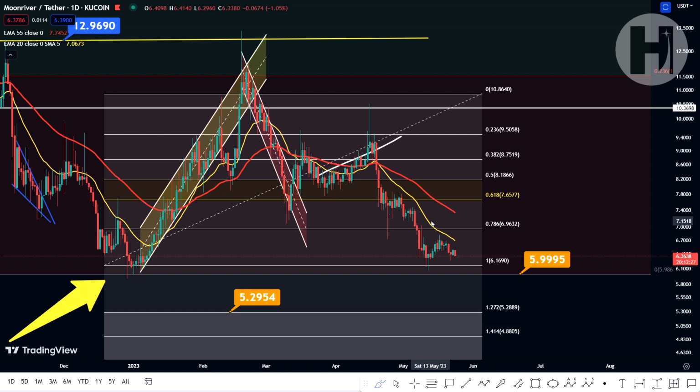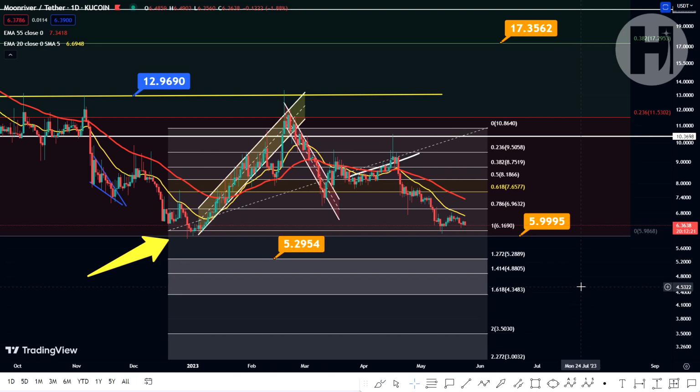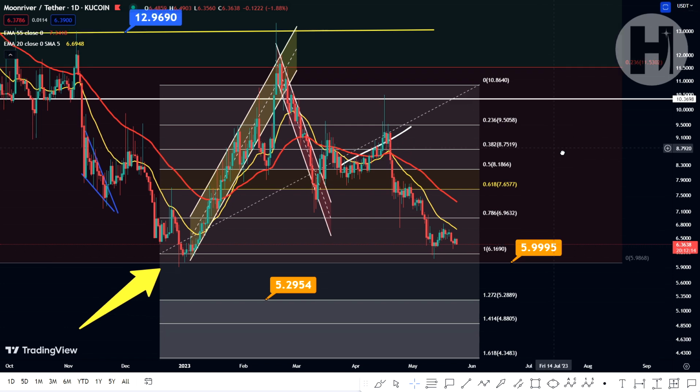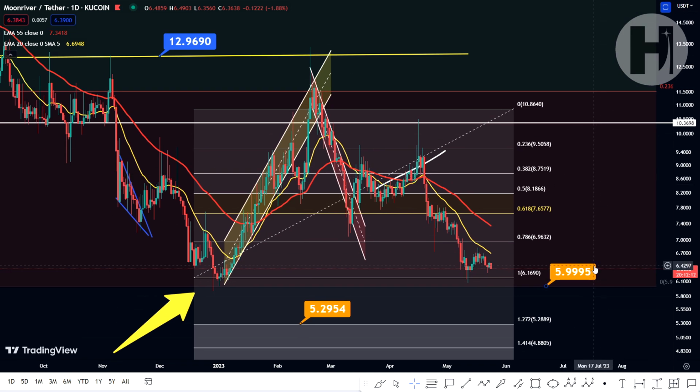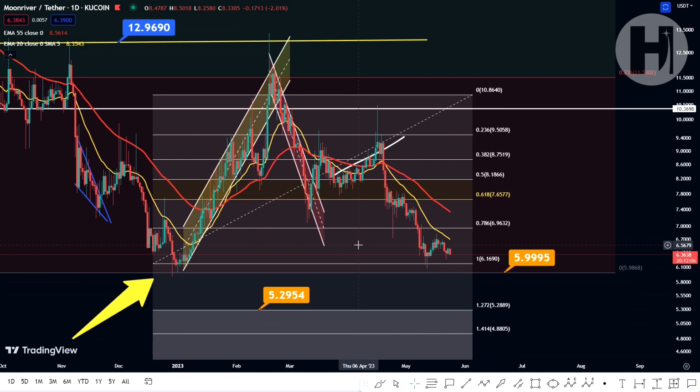Because we still don't know what the Fed is going to be going for. Are they going to be increasing the interest rates? Are they going to be going for a pause? I don't know if the Fed even knows what they're going to be doing. I mean, we're just waiting for the CPI data to come out on June 13th. That is going to be one of the deciding factors. So keep your eyes peeled on the news on June